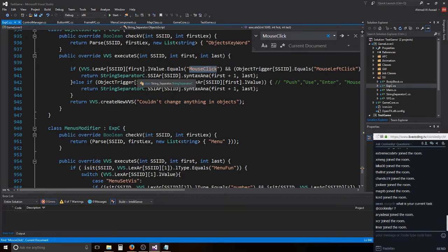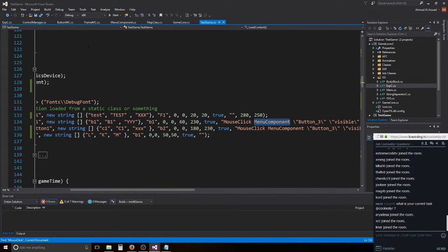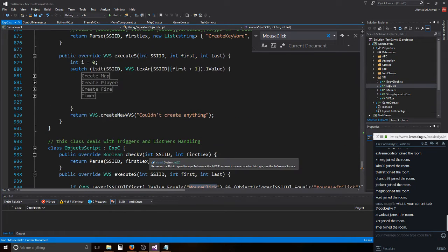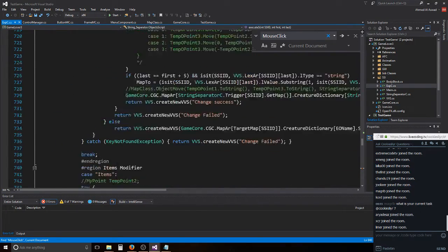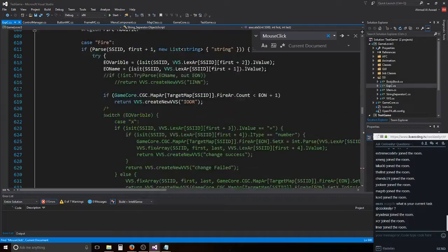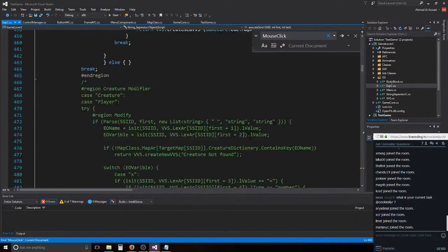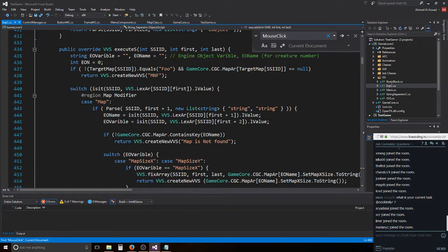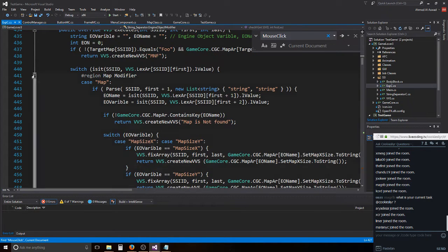Oh, great. This is just to redirect the whole thing. Menu component, so it must be a modifier. Creator, fire, creature, I don't have that anymore. Modifier. Now let's look into